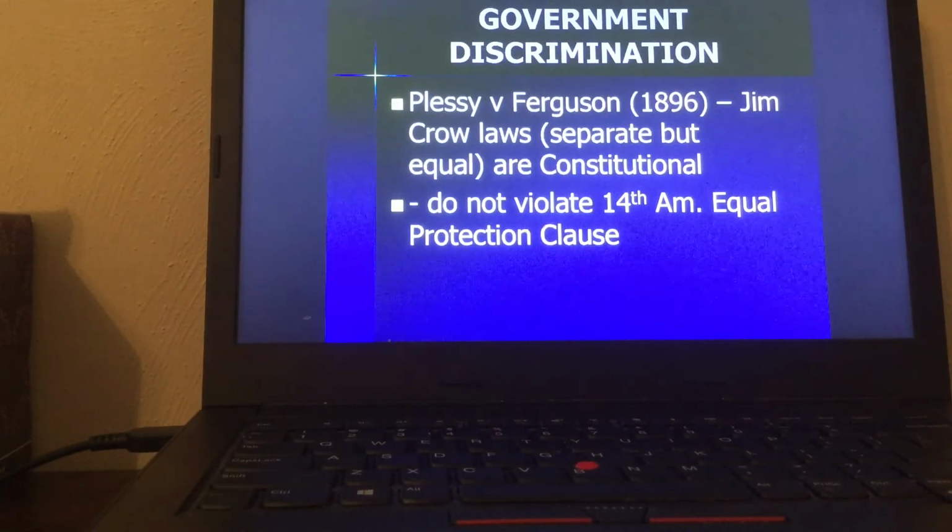And at the time, the Supreme Court said yes, that segregation, treating races differently, did not violate the Equal Protection Clause as long as everybody got a train car. And as long as the train cars were more or less equal, then it didn't, in fact, violate the 14th Amendment. And so that applied not only to train cars, but also to schools and to all sorts of other government services that the states, and mostly the southern states, were discriminating by race in their laws and their facilities and their public services. And the Supreme Court in Plessy versus Ferguson basically gave them the go-ahead to do that. And this is in 1896. They said that's not an equal protection clause. You can discriminate by race if you want to. You don't have to, but it's a state-by-state choice.